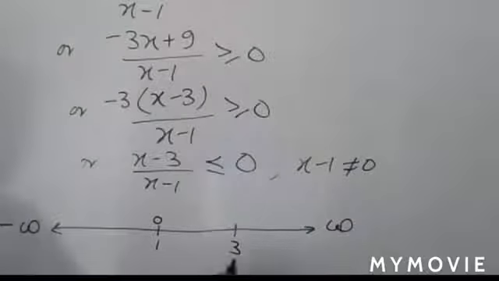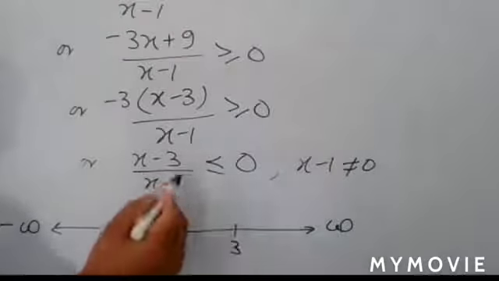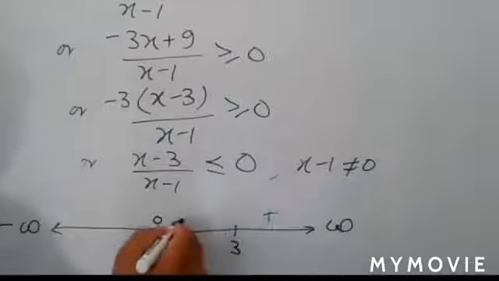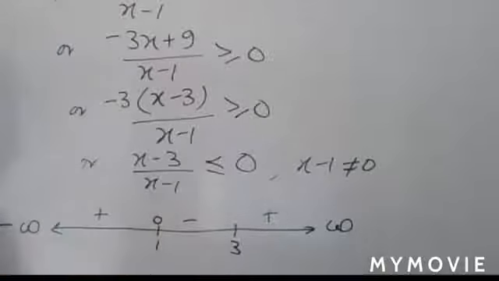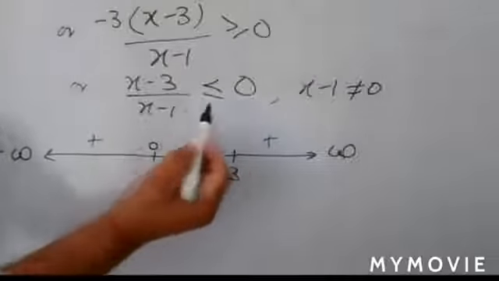Understand? Okay. Now you check its sign. Here you have the region where x is greater than 3. If you put any value greater than 3, the complete fraction becomes positive. You only have to check the sign of the extreme region. So check it for the extreme right region, where you have a positive region. Now alternate: positive, negative, positive.